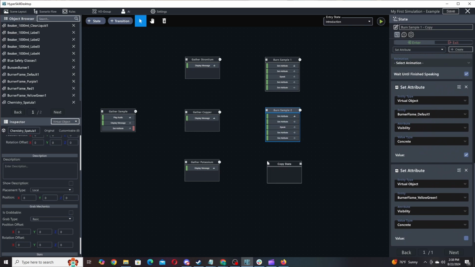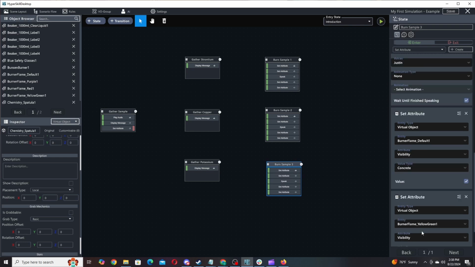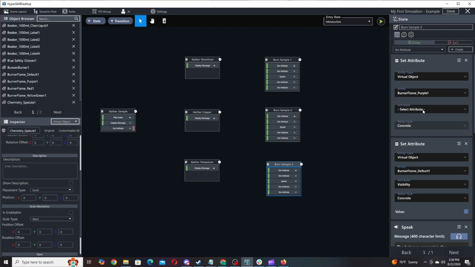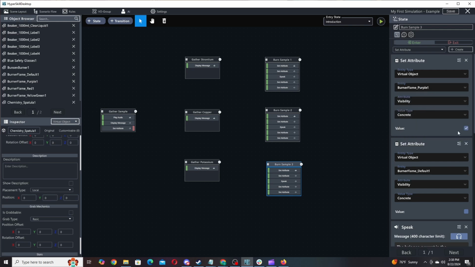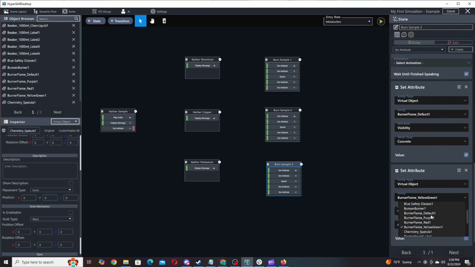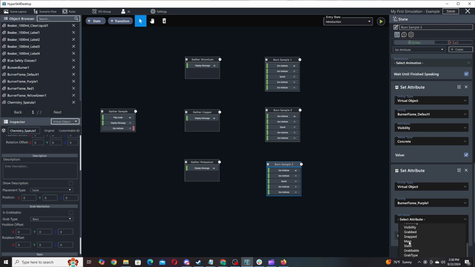And last, let's copy this one more time. Call this burn sample 3. Again, rather than our yellow-green flame, potassium burns purple. So we're going to make it so that is what we are adjusting here, changing the visibilities as necessary,